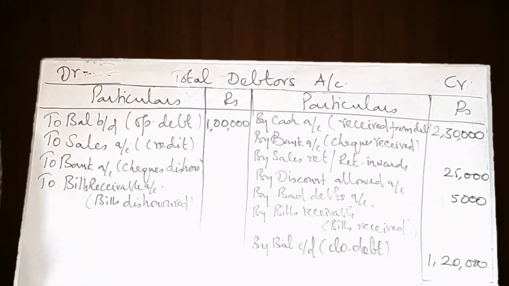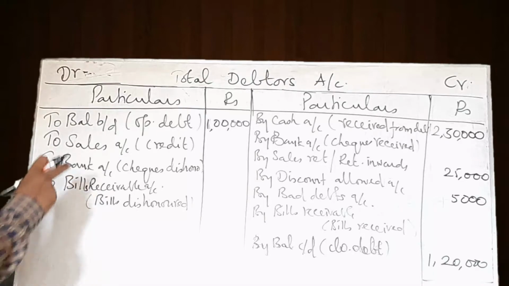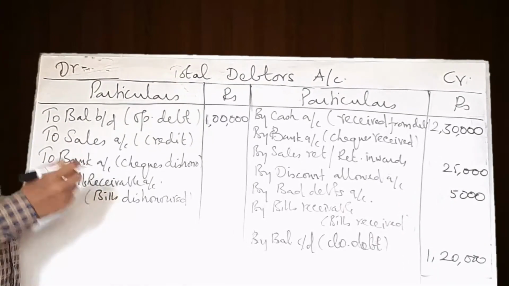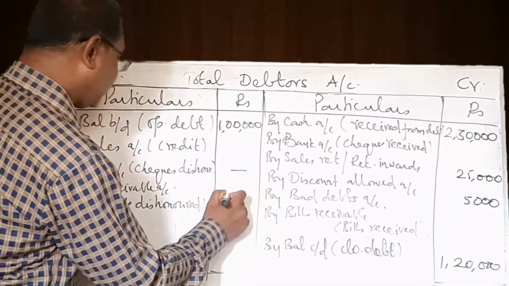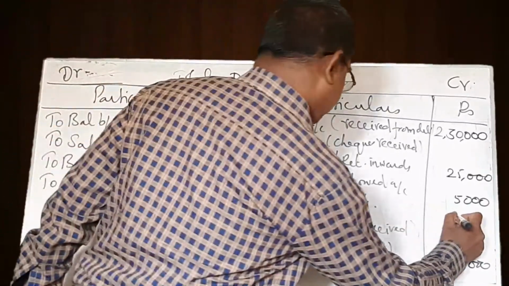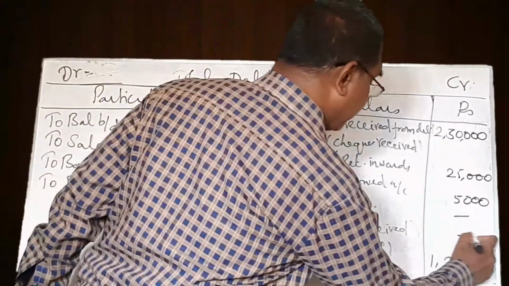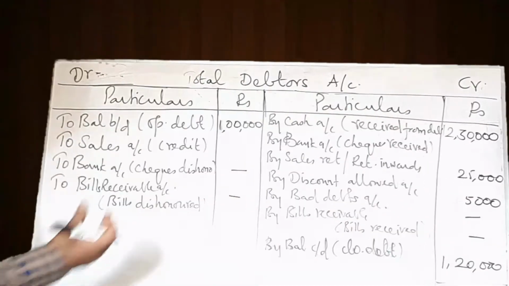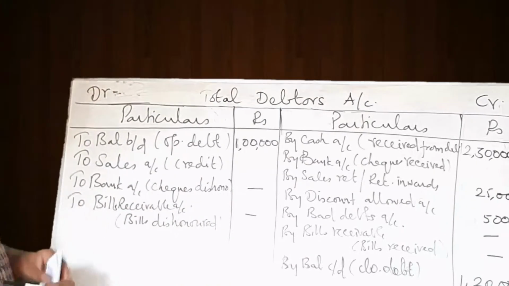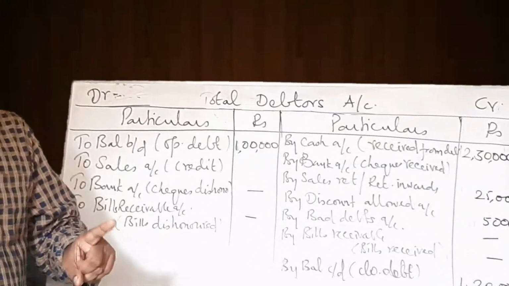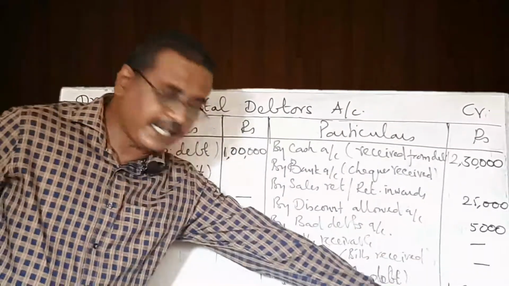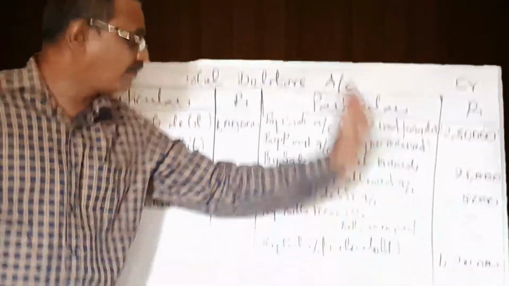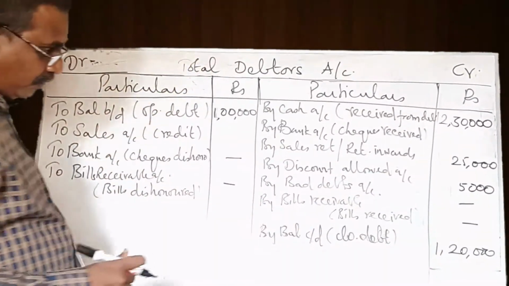You are asked to find out the credit sales. So here we have to find out the figure. Other things, make a dash in their places because they are not needed. Bad debts is not given, bills receivable is not given. We make dashes in their places. Now go for balancing these two. See, if credit sales is asked, this side will be exceeding. You can confidently find the total of the credit side. Let me find the total.